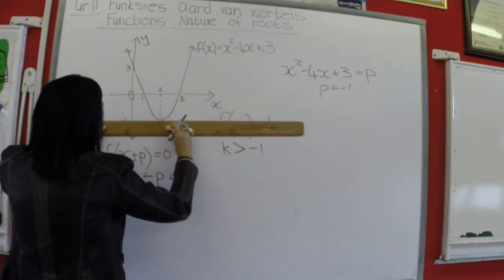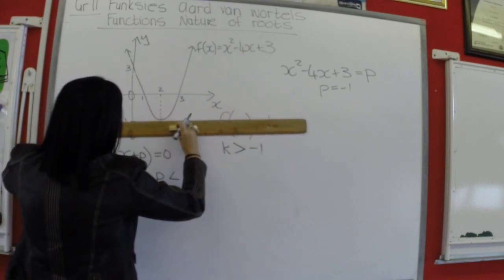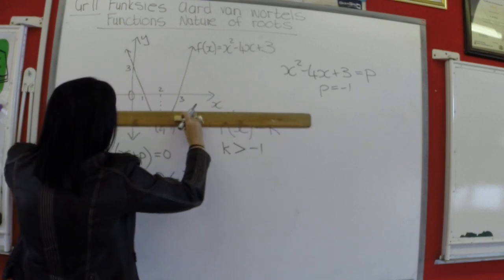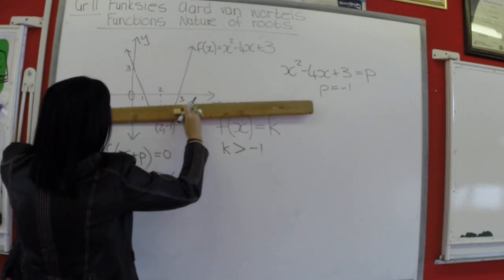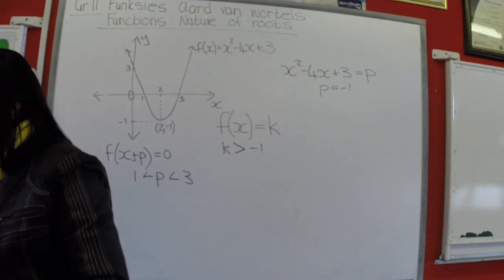2 roots, that's the same. It's at the turning point. No roots, 2 identical roots, or 2 different roots. Okay. The last question